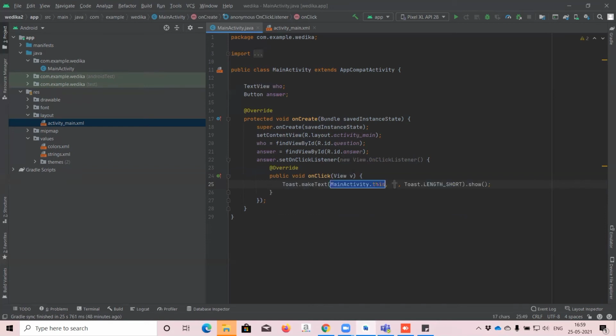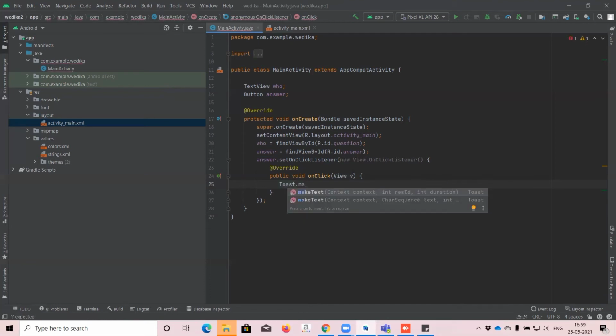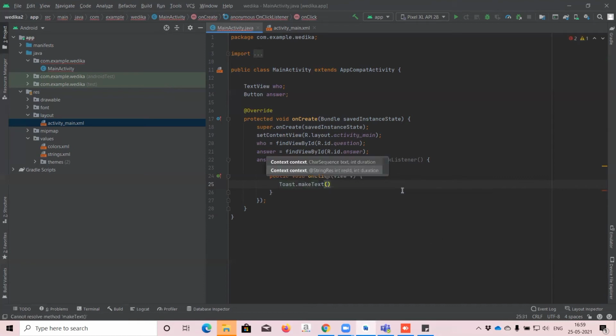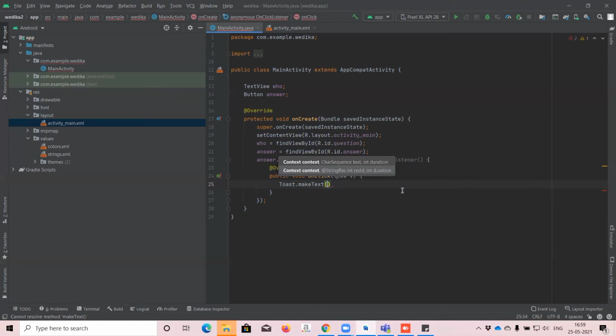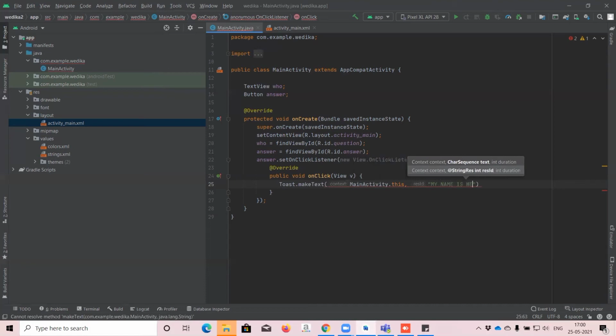Toast dot make text. I'll delete this. Toast dot make text, either you can select any of those, that doesn't matter. Inside this bracket, get application context, or if it is confusing for you, right now we are in main activity, so main activity dot this, comma, "My name is Vedika".